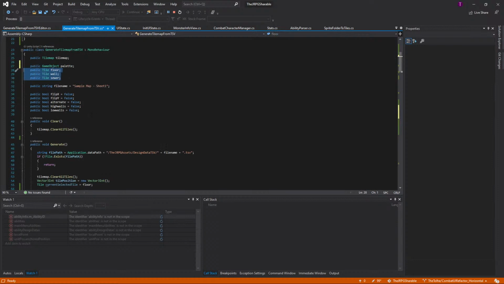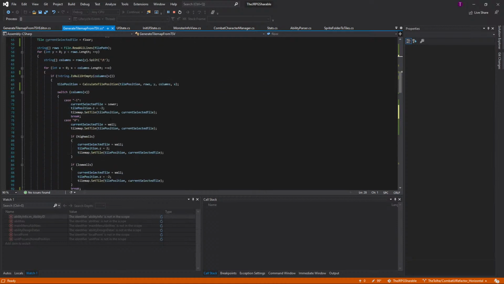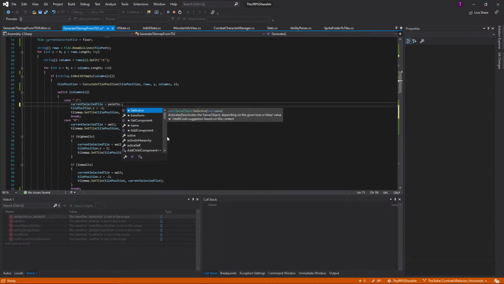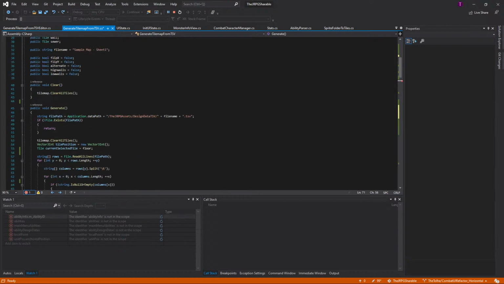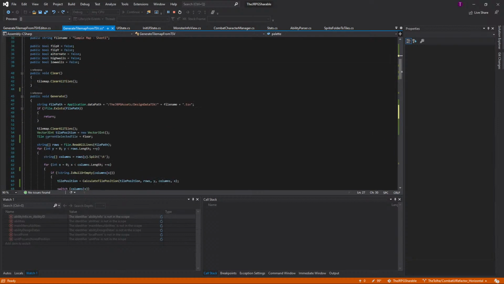So we're going to get a palette, and we're going to set that. And instead of floor, wall, and sewer, from the palette, we are going to get